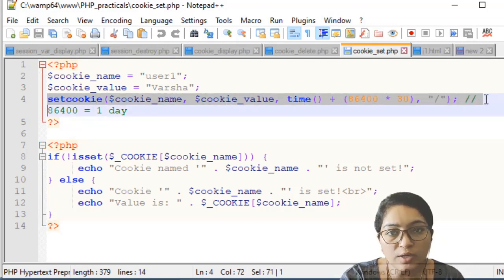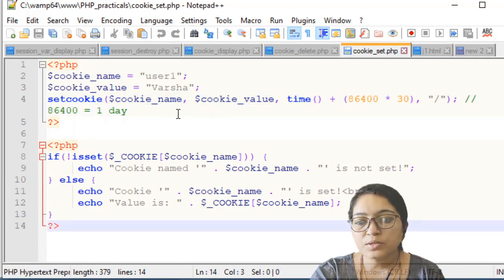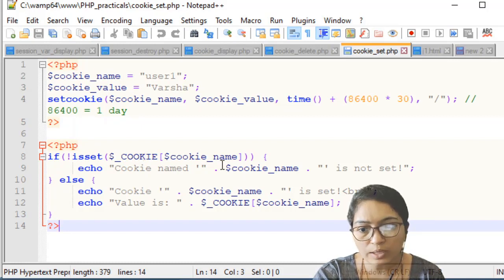Now, if you want to display the cookie, what you have to do? Again, you have to check whether the cookie is set or not. So you have to check it using isset($cookie_name). Okay, so cookie name, time, and directory. Now here, if isset($cookie_name), then echo the cookie name; otherwise, it is not set.